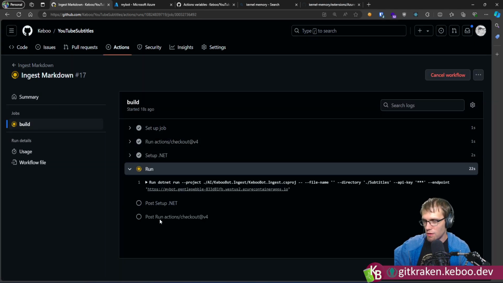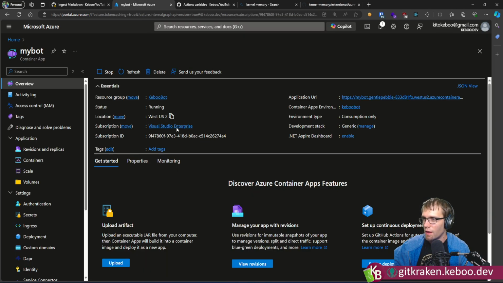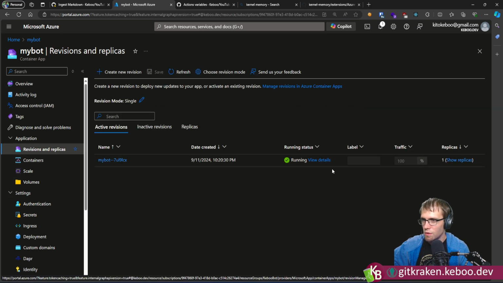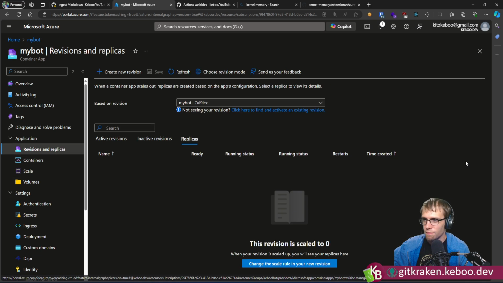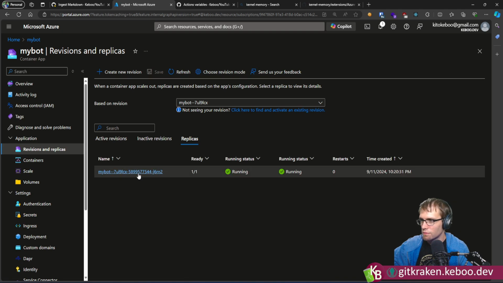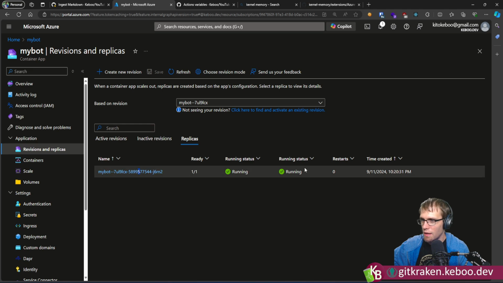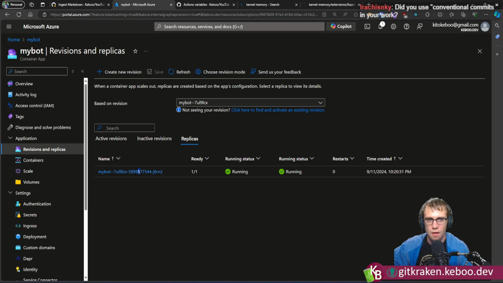Now we should see it just kick off and start ripping through all of the files. And then hopefully here, we start to see this thing scale out. Or at least at a minimum, even if it doesn't scale, do you use conventional commits in?